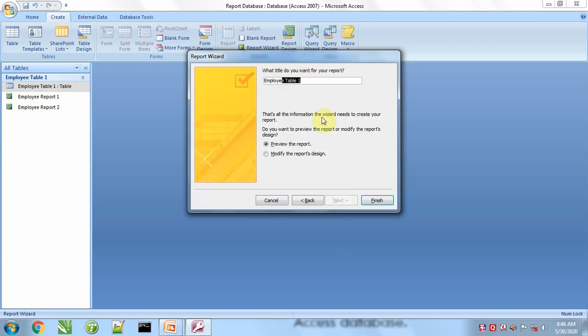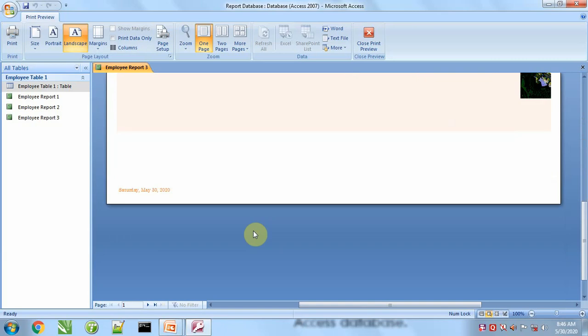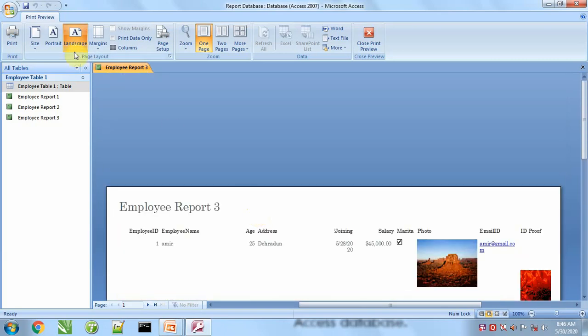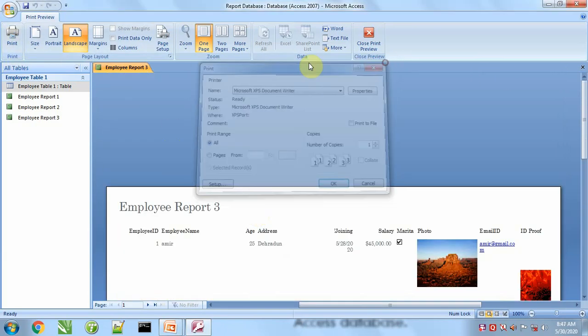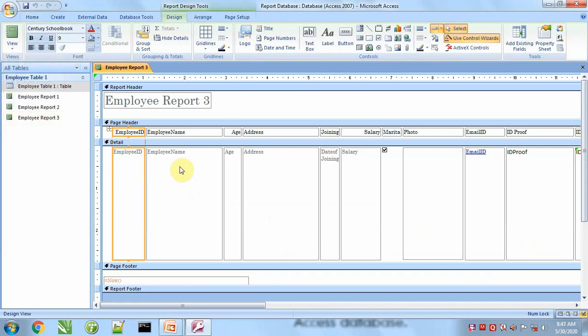Its report name. This is one more report, but again we have to customize this report because it is very unorganized. So for this, again go to design view.